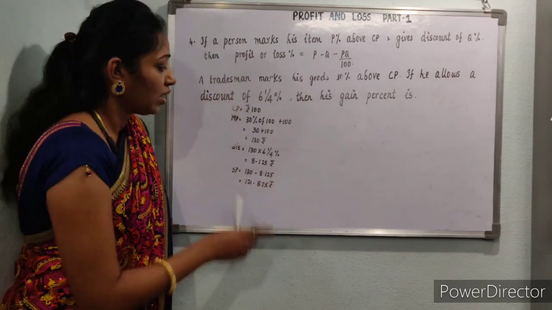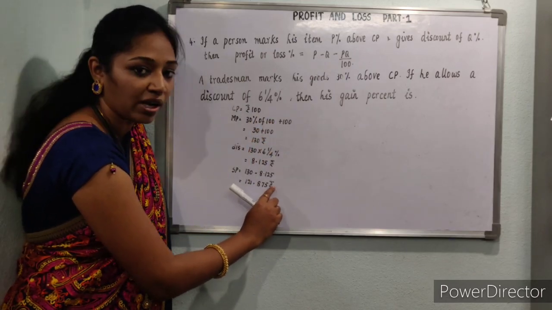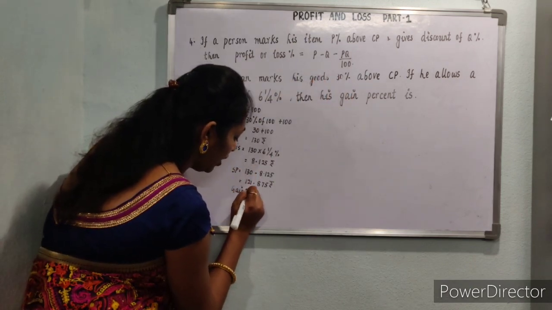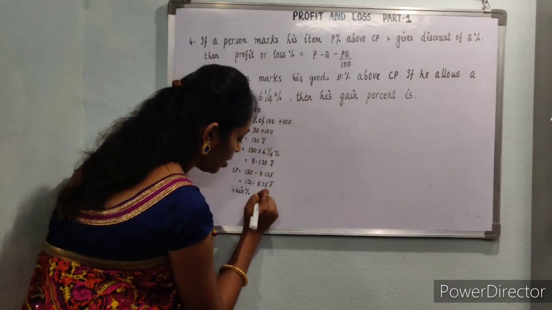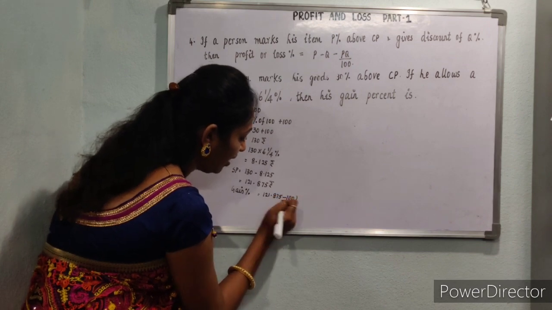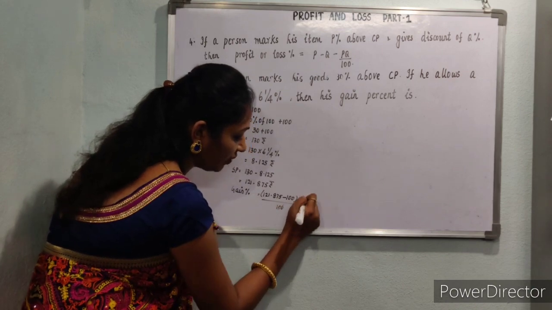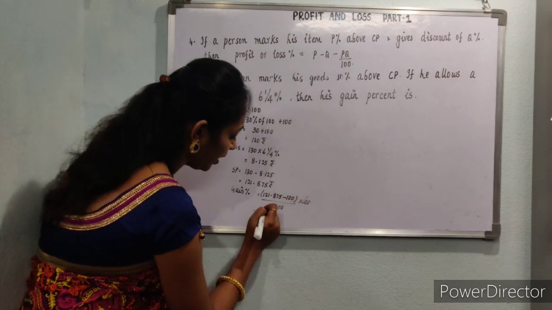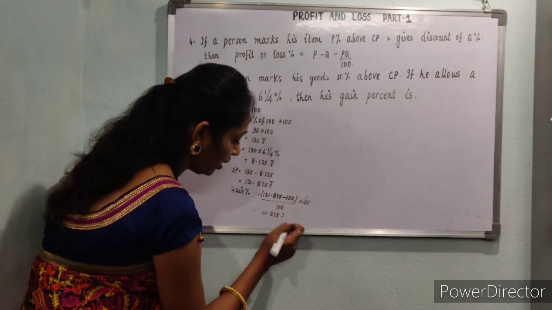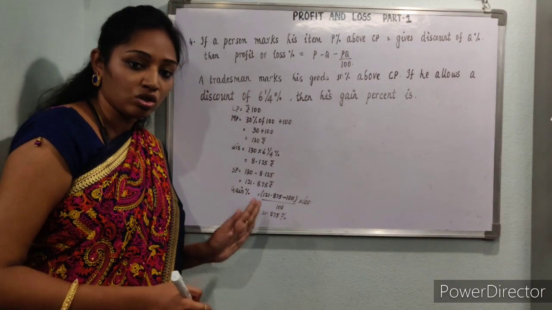So you'll get the amount 121.875 rupees. So the cost price is 100 rupees and the selling price is 121.875 rupees. Now we'll find the gain. So what is the percentage of gain? Gain percentage, how will you find? Selling price minus cost price, which is 121.875 minus 100, divided by cost price, which is 100, into 100. So this 100 will get cancelled. So when you subtract this, you will get 21.875. So the gain percentage will be 21.875 percent. Okay, so this is the normal method.